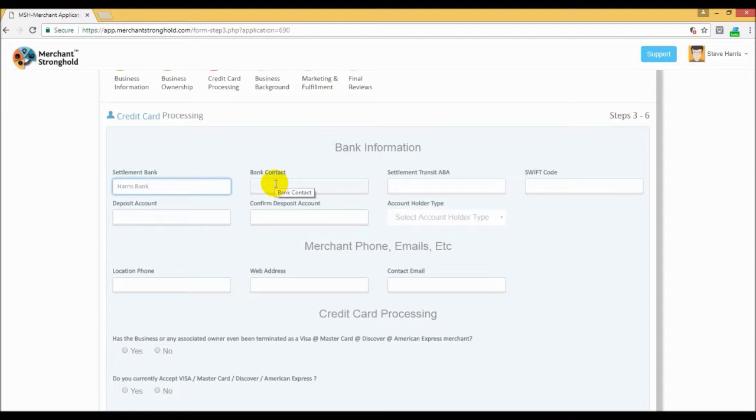The contact number for the bank. So obviously every bank has a customer service number. You can simply provide that contact. So on this option, which is about settlement transit ABA, you can put the routing number in case you